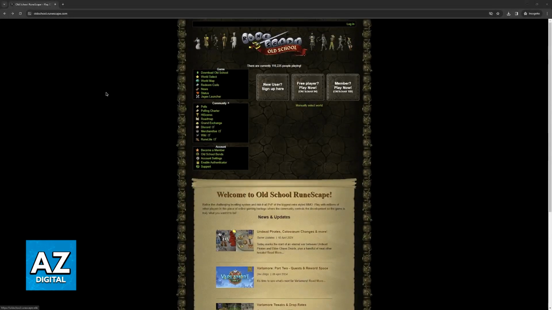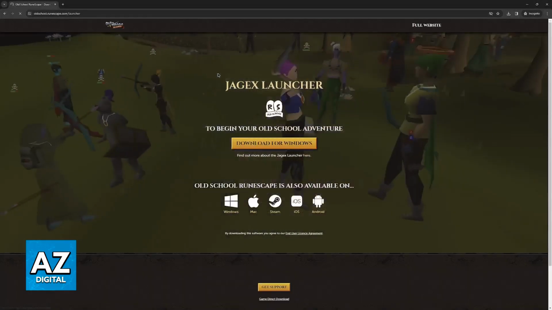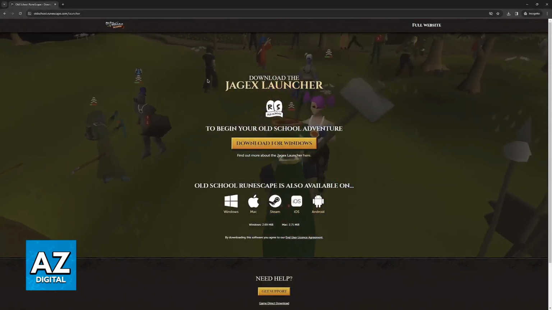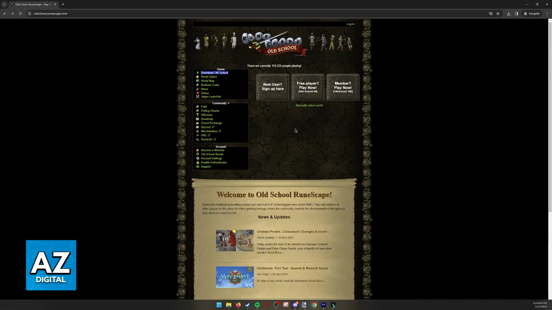So you will be able to download the launcher through their official website. So go to oldschool.runescape.com or simply look for OSRS on Google. Now, when you arrive at this page, what I recommend that you do first is you click this option here, Download Old School. You will be redirected one more time to this page where you can download the Jagex launcher. So download this, and this is where you are going to be able to actually install and launch Old School